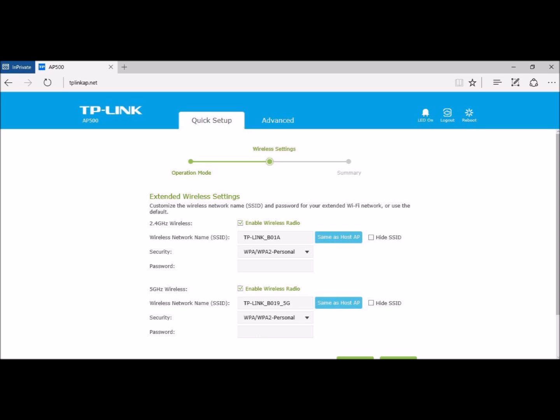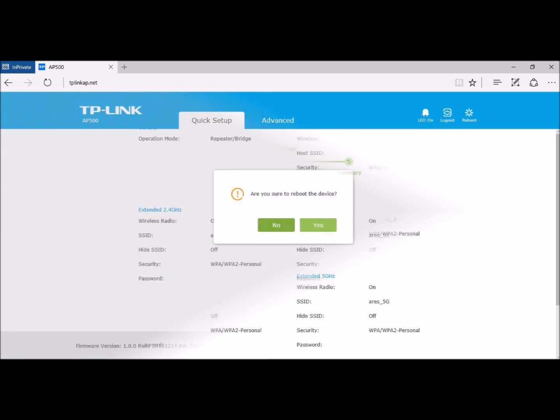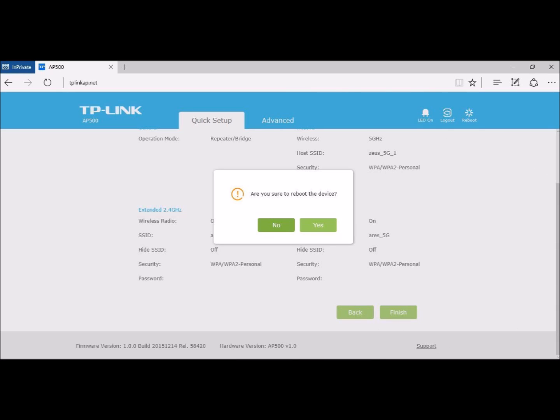After I powered up the AP500, 2 new networks appeared. Their default SSID names were TP-Link B01A at 2.4 GHz and TP-Link B019 5G at 5 GHz. I connected my laptop to the 2.4 GHz network SSID using the default password PIN printed on the bottom of